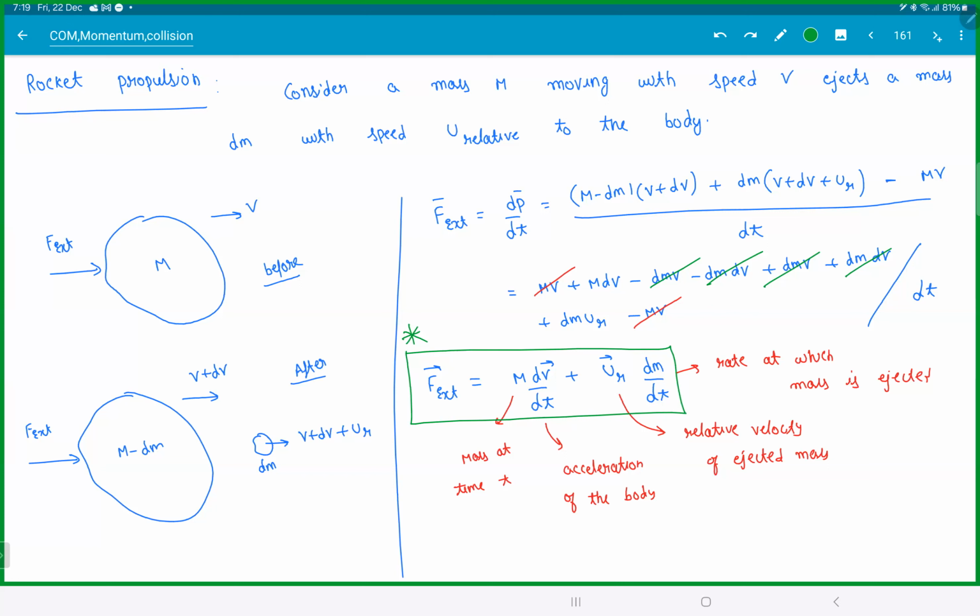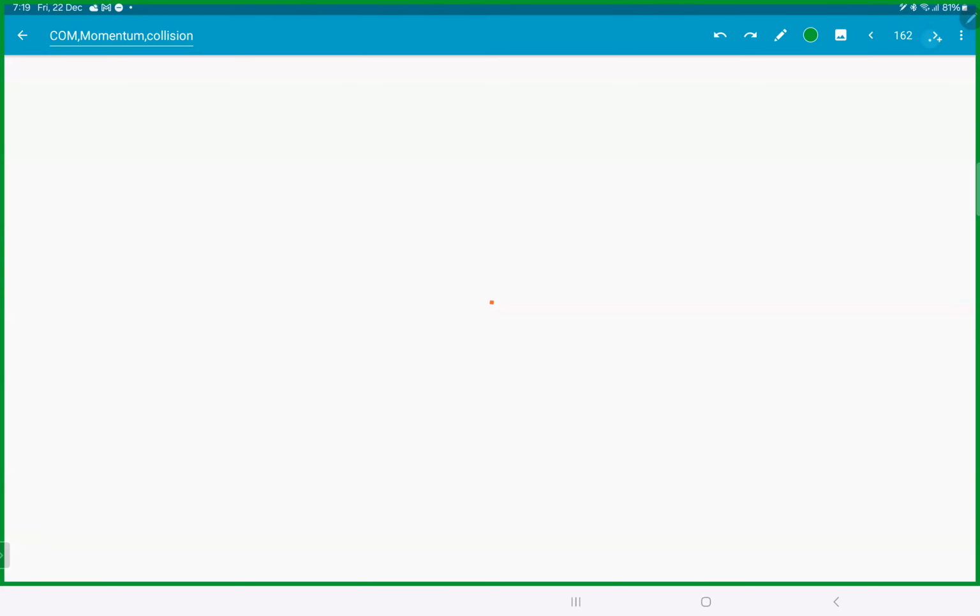Okay. So we just took initial momentum, final momentum, and subtracted them. We didn't do anything big logic here. Now in this formula here,